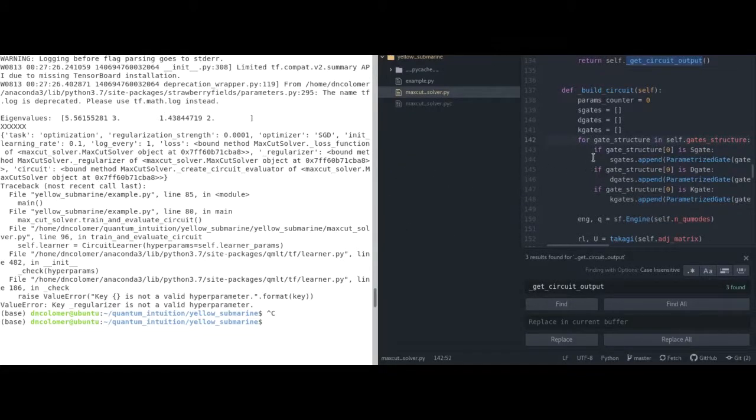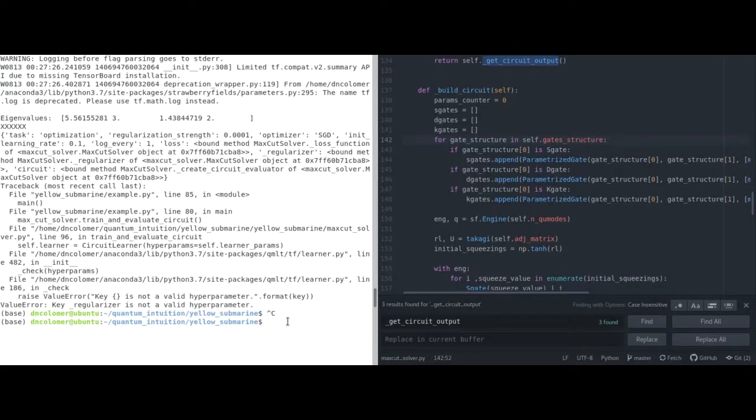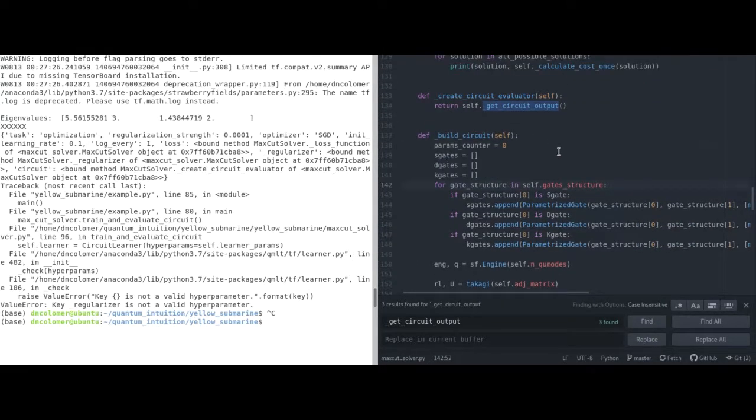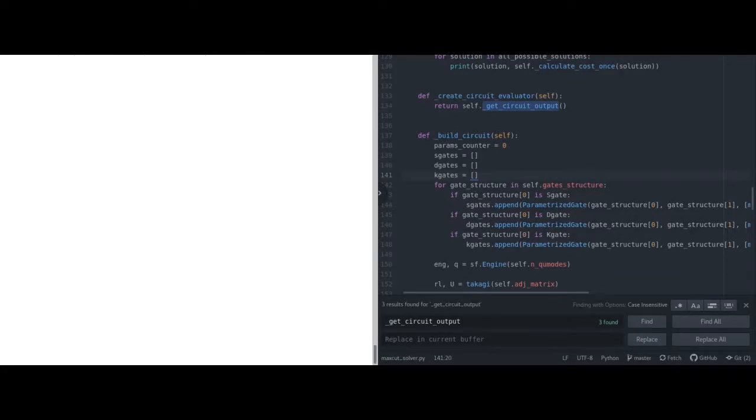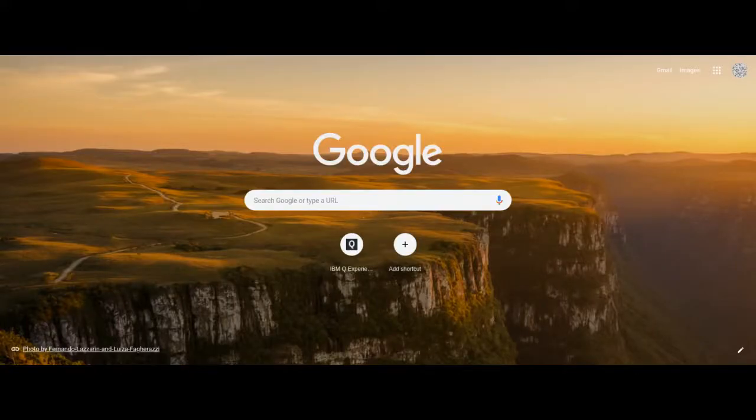So I think Mihao mentioned that he fixed something. And I think now we can get it to work as long as I do git. So git checkout. Is this the way it works? Okay, so he did actually change something in Maxcad solver. So let me see if I can now go